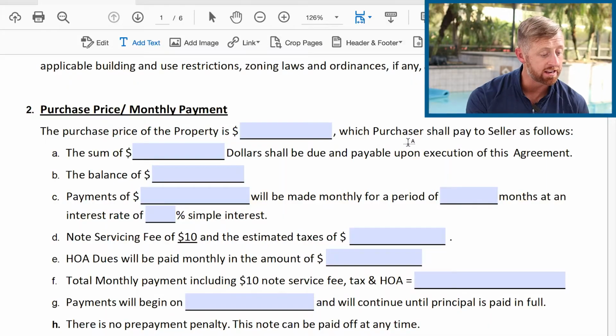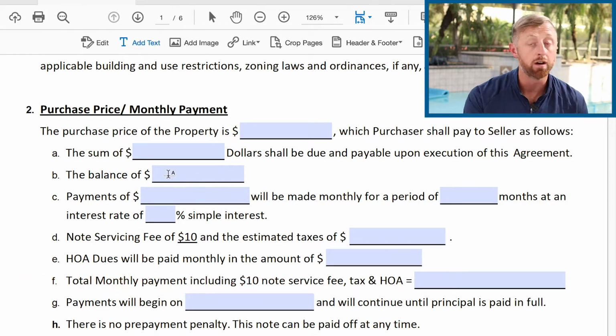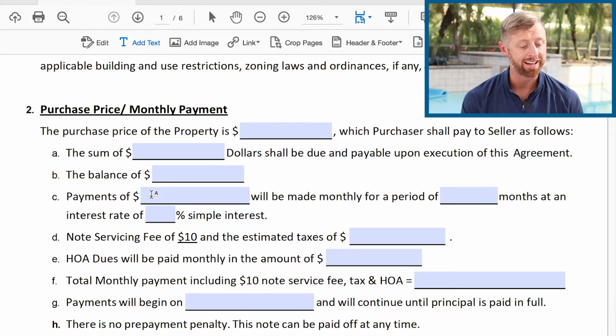We're going to break it down line by line, and I'm going to do my best to give you the layman's terms, like how to explain this so most people can understand it. The purchase price of the property is, let's just say, $100,000, which purchaser shall pay to the seller as follows. The sum of, let's just say, $10,000 down shall be due and payable upon execution of this agreement. That's like the down payment. The balance of $90,000, because we're selling it for $100,000 and getting $10,000 down, so that's going to leave a balance of $90,000. Payments of, let's just say, $900 will be paid monthly for a period of, for easy quick math, we're just going to say,